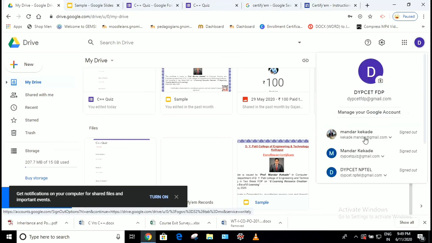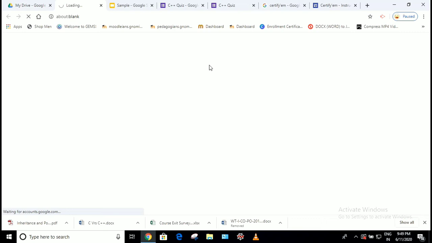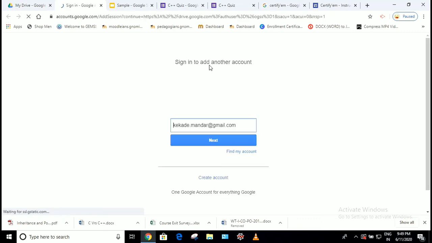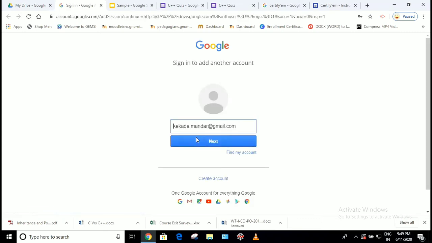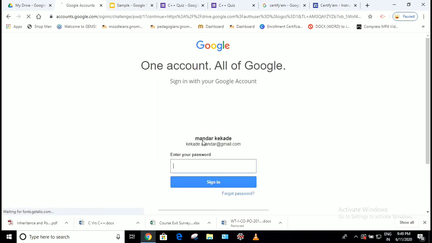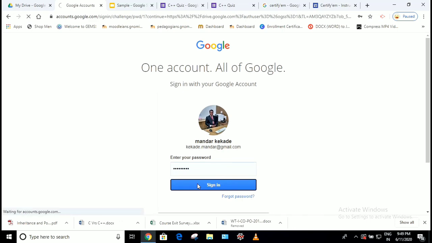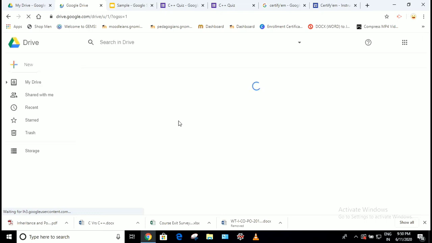Now I am going to sign in into my Gmail account, which I have given while solving the quiz. Once I sign in to the Gmail account, if I pass, that is above 40% in the quiz, then the certificate will be automatically sent to the Gmail address.